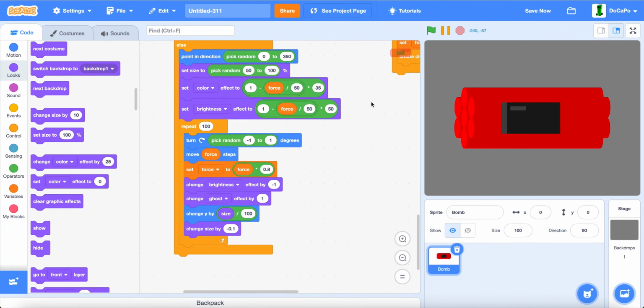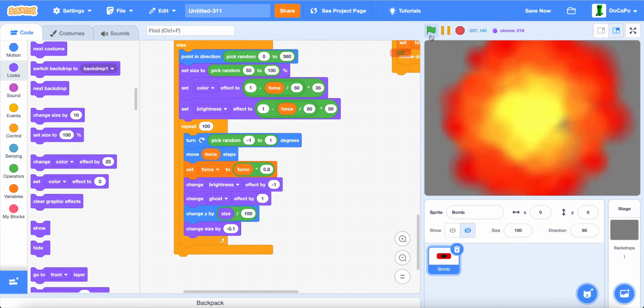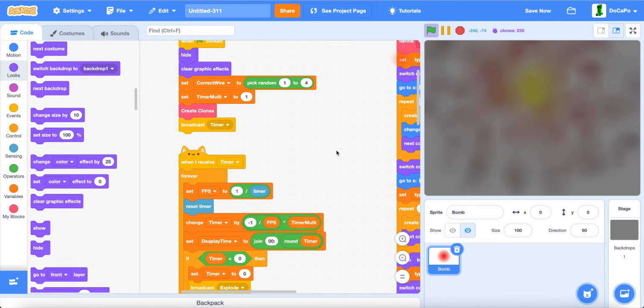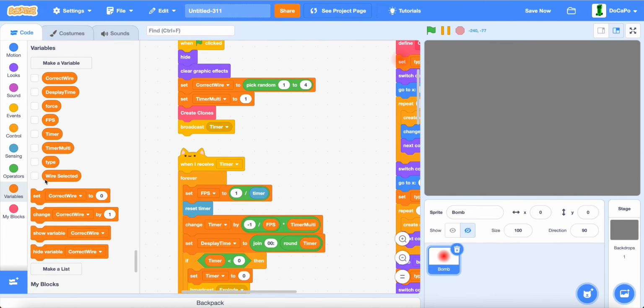Now if you test it, it will explode since the timer's already at 0, which means we need to